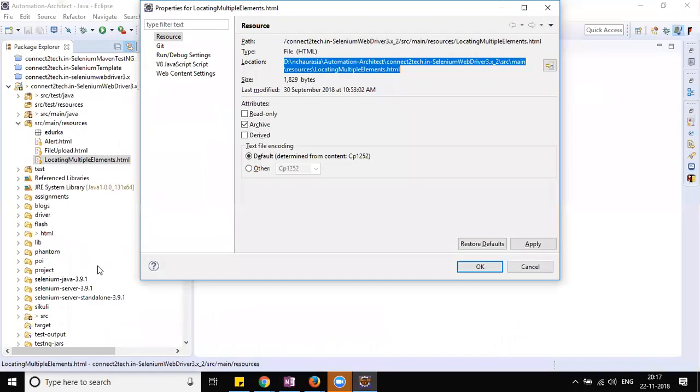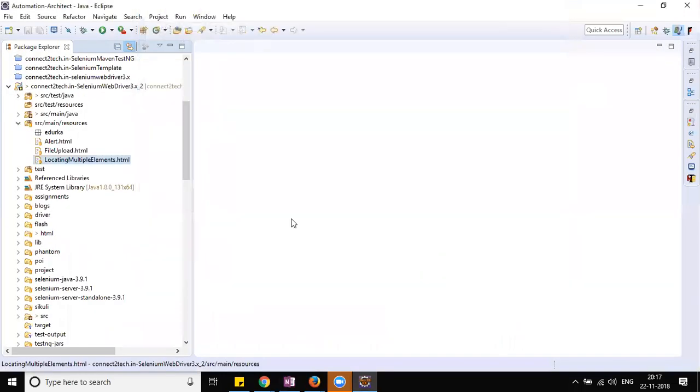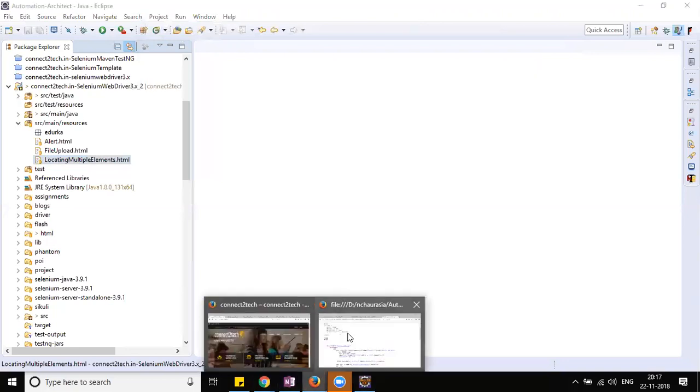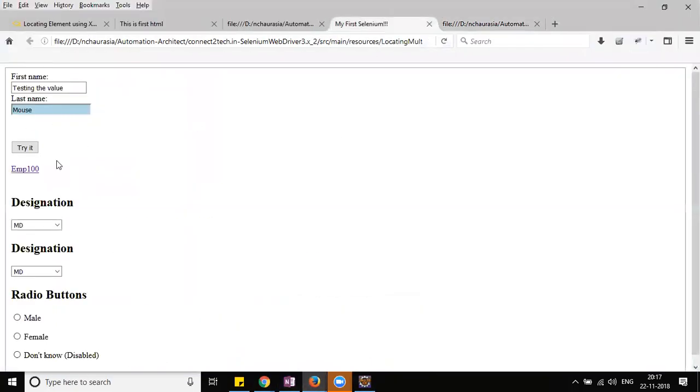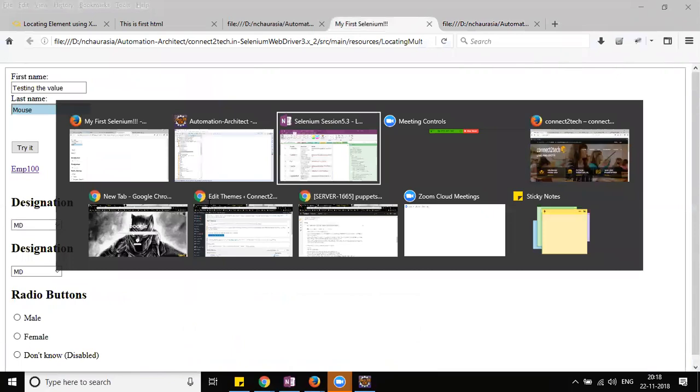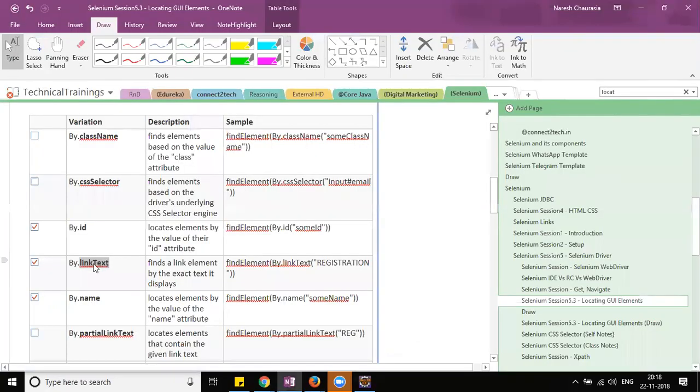So if I say driver dot find element by link text, then I have to pass this entry, right? We have already tried that. So in this case I'll say emp 100, right? So it will get me that particular element if there is an element with this particular text, right? Then we will try all this with an example also. Okay, then